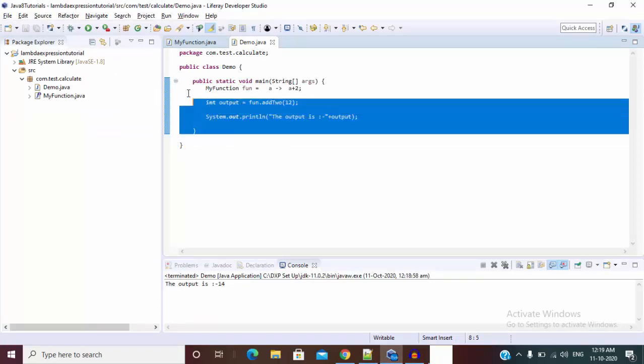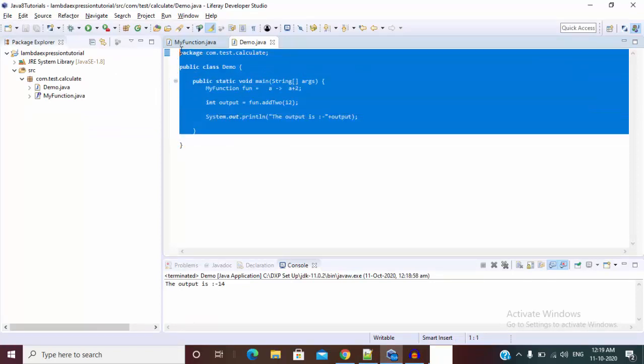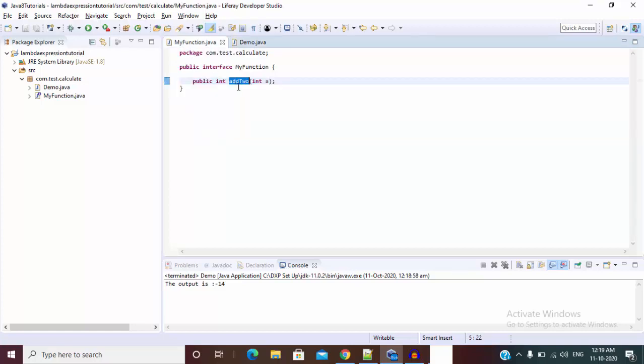So what is a functional interface and what is the meaning of only a single method? We already discussed that we can write a lambda expression only for those interfaces that contain only a single abstract method. So let's try to add one more method inside this. Provide the name as 3.